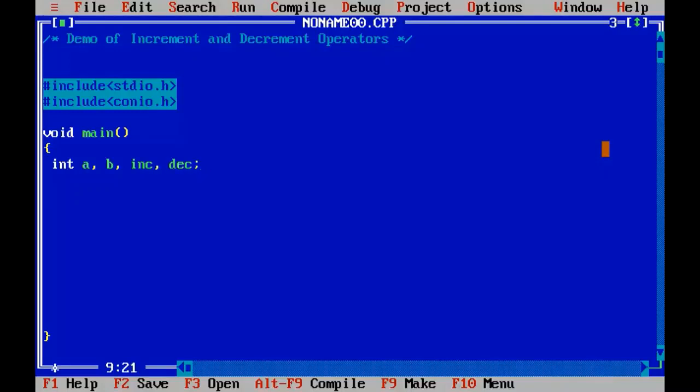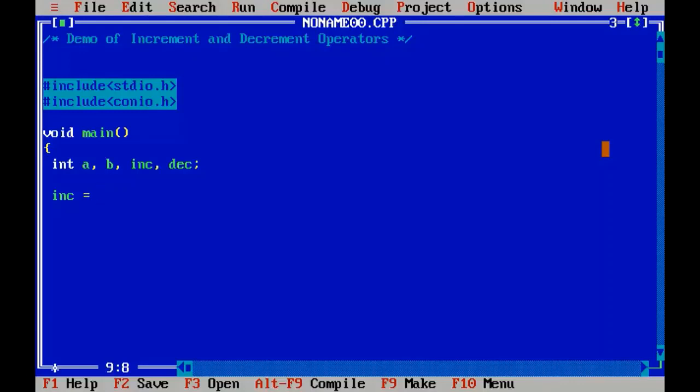The four variables are of the type integer. And now let's go and perform the increment and decrement operator. So first I'll use the variable INC for increment, this variable to store the result after the incrementation performed on a variable A, right?